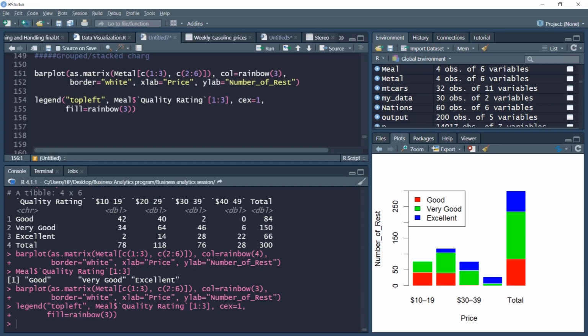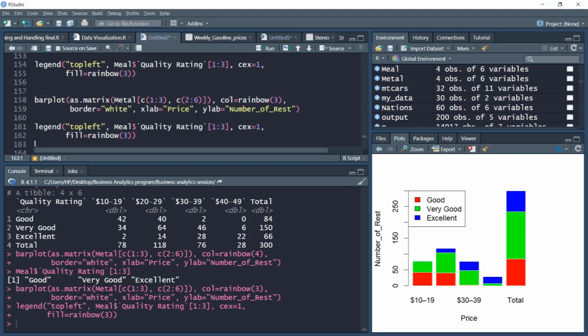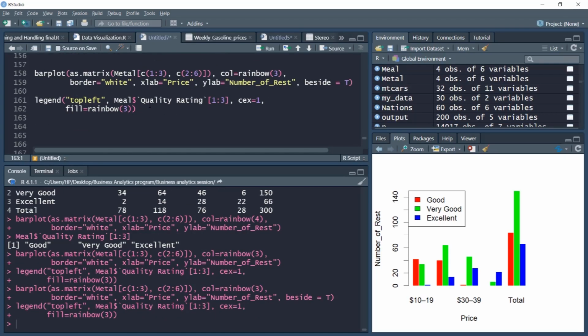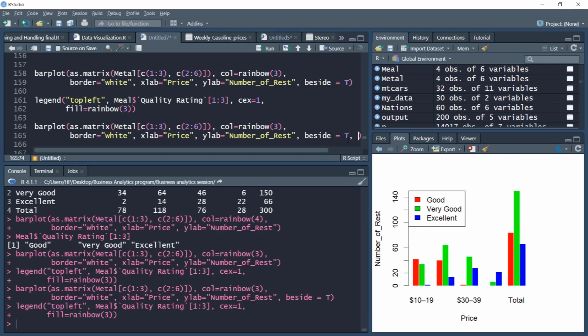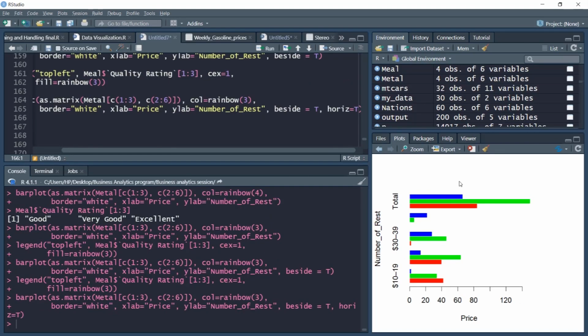Now often you may want to produce a chart which is side by side and stacked. So for that you need to modify the arguments a little bit. So I can add beside equal to T. Beside default was false, so we change it to T, and then use exactly the same set of commands to produce the side by side or stacked. You can also produce it in a horizontal fashion. If you want to produce it in horizontal fashion, you simply need to write one argument, which is, as we did earlier, horiz equal to T, and you can print in horizontal manner also. So this was bar plotting. In this video we saw how to plot bar plots in a stacked or group by group manner, or stacked with each other.